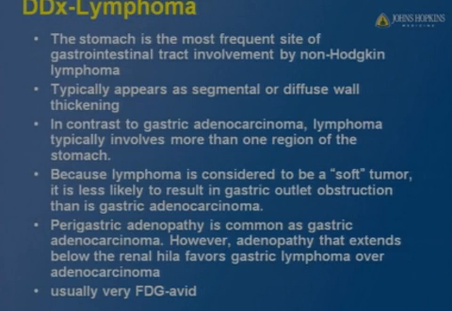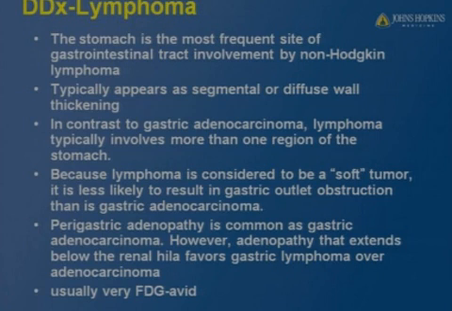Lymphoma is important to mention separately because the stomach is the most frequent site of involvement in the GI tract by non-Hodgkin's lymphoma. It typically appears as segmental or diffuse wall thickening, typically involves more than one region of the stomach in contrast to gastric adenocarcinoma, and lymphoma, we know, is a soft tumor, so it's less likely to result in gastric outlet